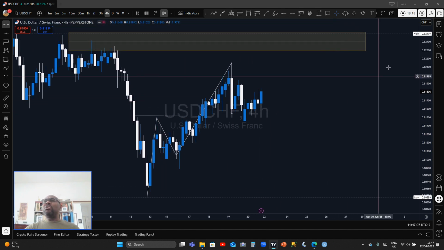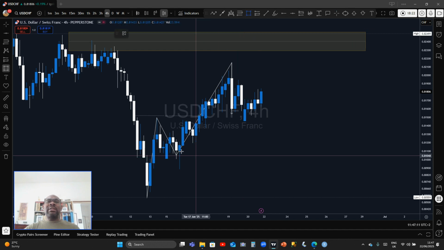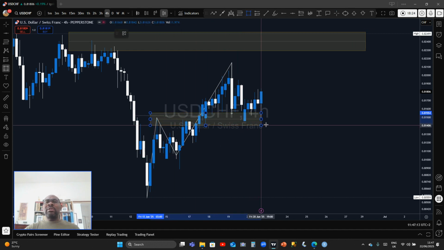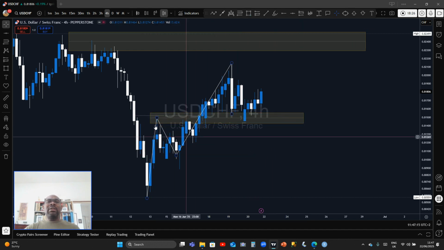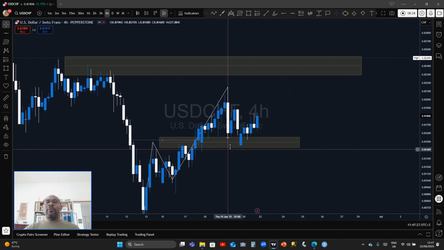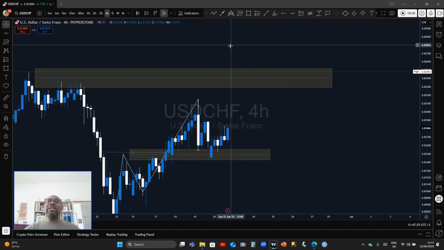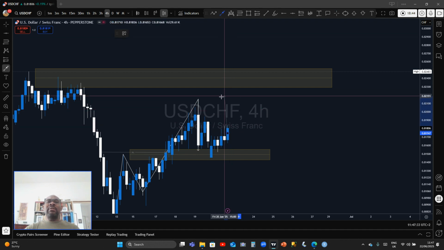All we need to do at this point is mark this point to this side. As simple as that. This is our entry point. So once market opens now, we should be seeing a massive push to the upside